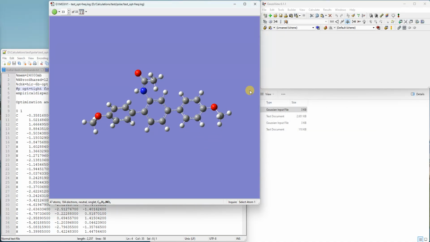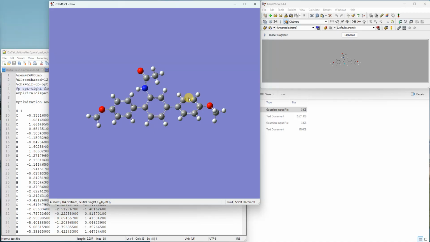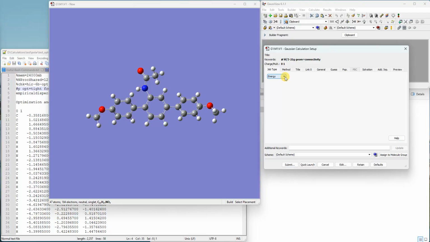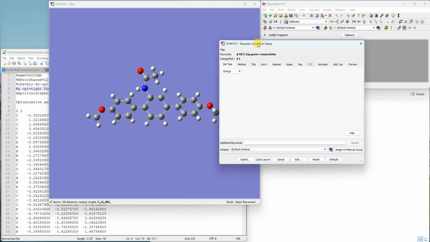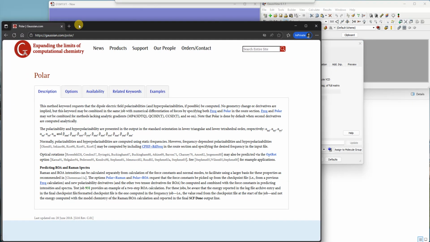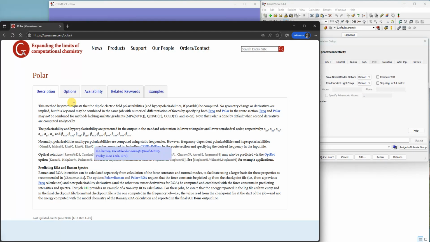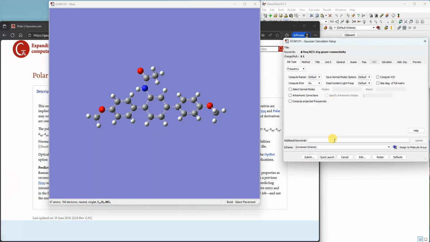So what I will do is take this optimized molecule, copy it, make a new one, and paste it with Control V. You can calculate the polarizability as a single point calculation, or you can combine it with the frequency calculation as well. So it's always good to have a look at the Gaussian website where they describe each keyword in detail. We're going to use the keyword polar. So I'll just write polar here,